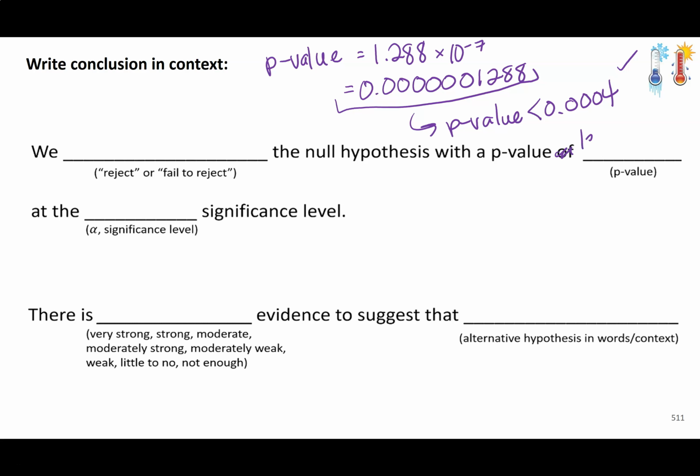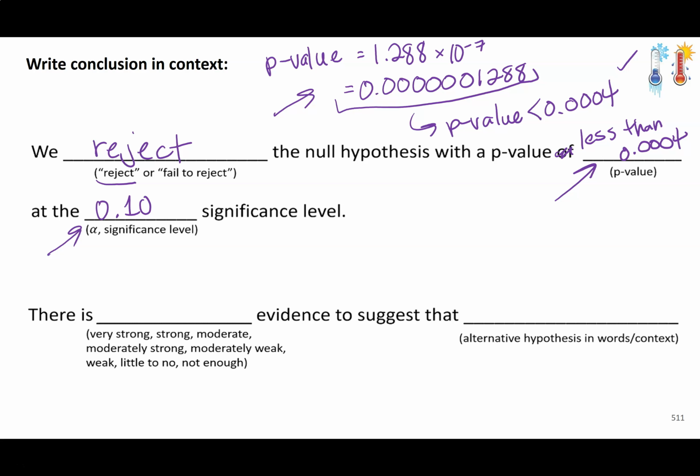Telling me that it's less than 0.0004, that's good enough for me. Although if you use the calculator, you can put that if you want, although that's really, really small. I wouldn't want to write that many zeros. At the 0.10 significance level, things to note: I have a really tiny p-value, and it's definitely tinier than that significance level. So I should reject. So we reject the null hypothesis with a p-value of less than 0.0004 at the 0.10 significance level,